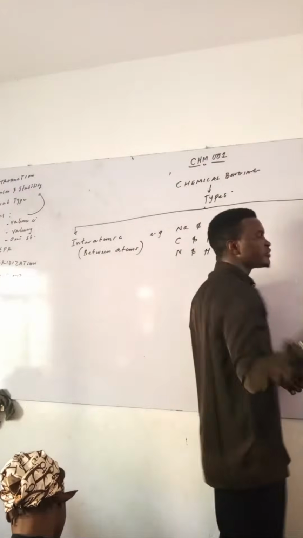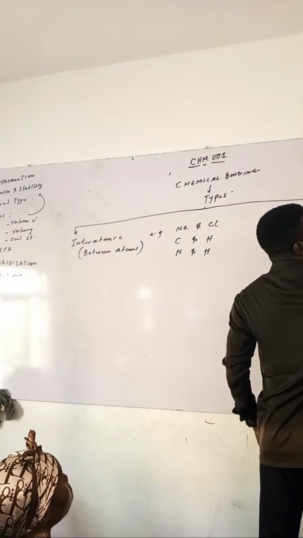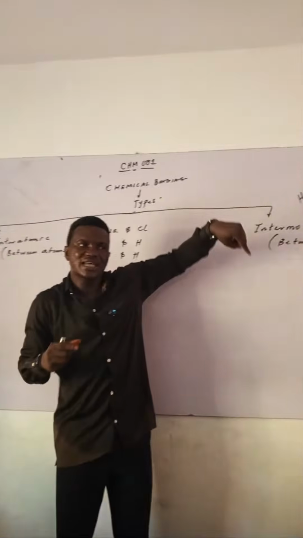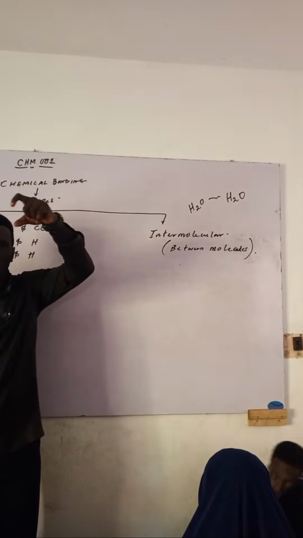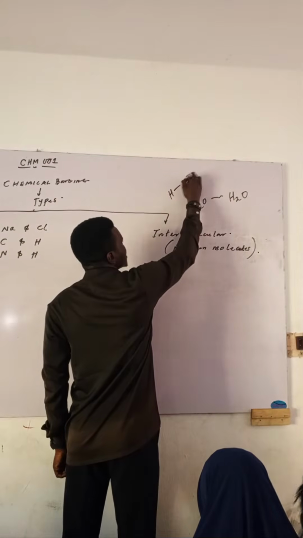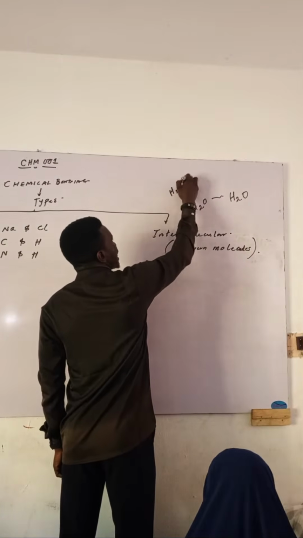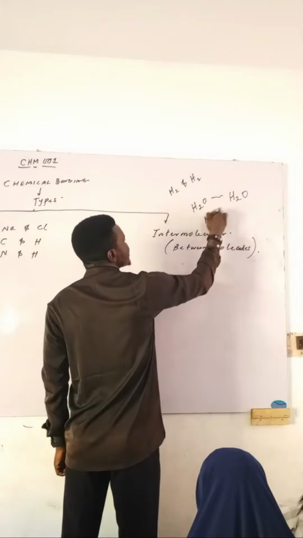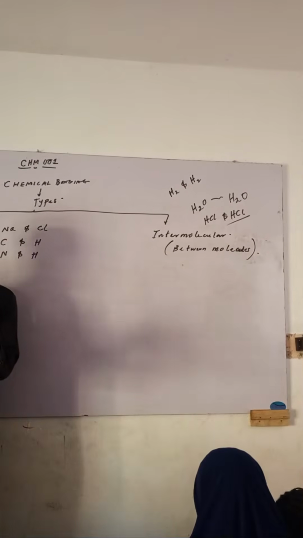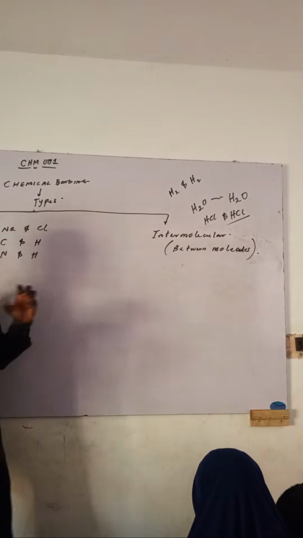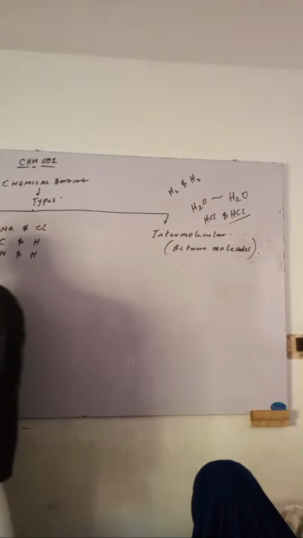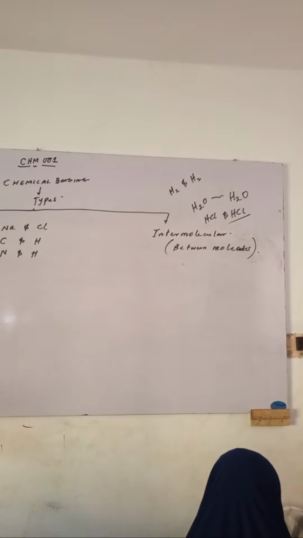But I can have water joined to another water. That is called intermolecular. So I'm taking water and joining water to another water. It is called intermolecular. I can join even as little as hydrogen gas and another hydrogen gas. I can join HCl and another HCl. All of these are called intermolecular, and they have a lot of things to help us with. But in order to understand intermolecular, you have to understand interatomic deeply. So most importantly, solve questions.